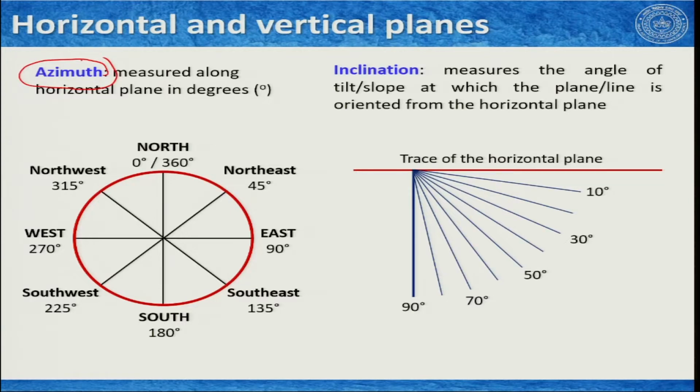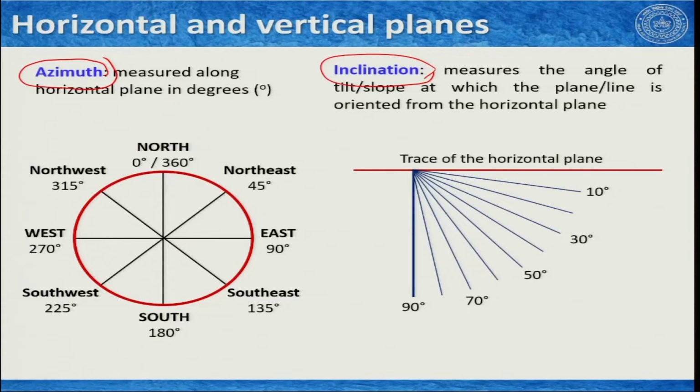And when we do measurements on vertical planes, we refer to them as inclination. So, azimuth is measured with respect to north, or when we use a compass, we generally say that this is 0. It is measured along a horizontal plane in degrees. So, we have north, and then this is a horizontal plane, you can guess, and then of course you have the entire full circle to come to 360 degrees, which coincides with 0 degrees.